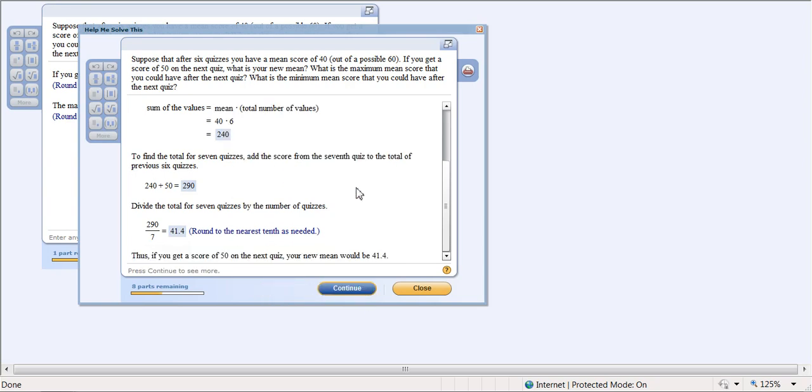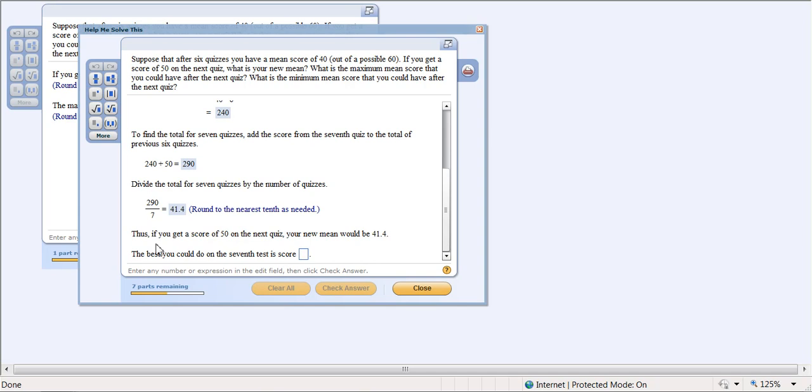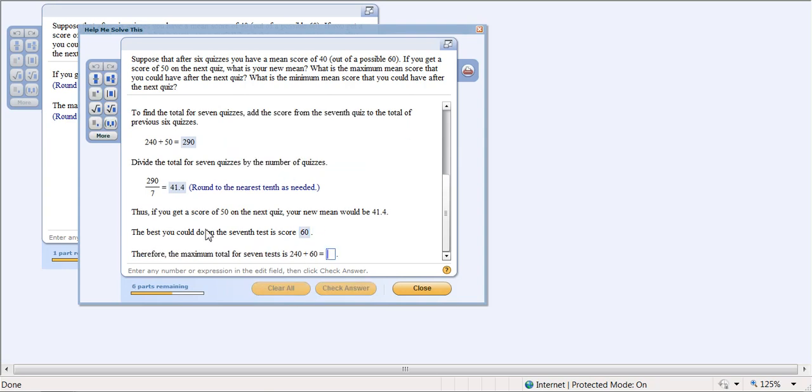Okay. So now, if you get a 50 on the next quiz, that's your new mean. So we're doing a little better. Now the best we could possibly do on the 7th test is a score of 60, because there's only 60 possible points. Okay. So now if we take the same number up here, we had the 6 scores were 240,